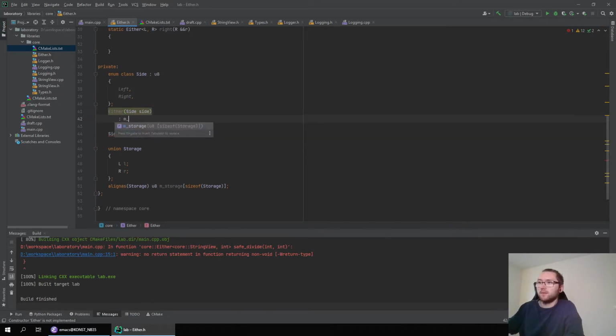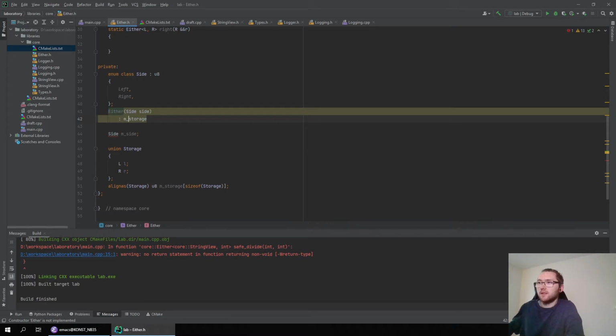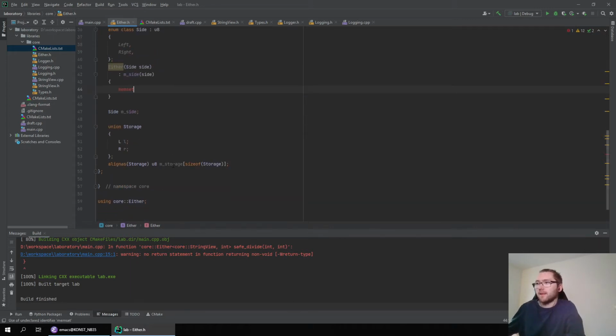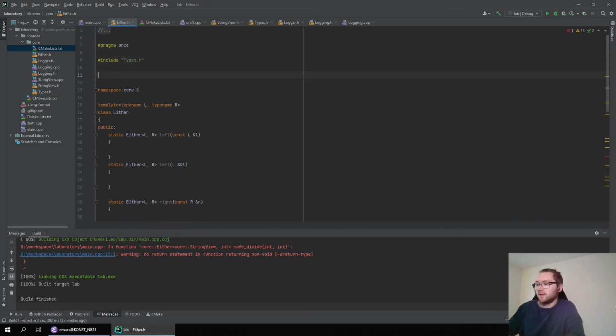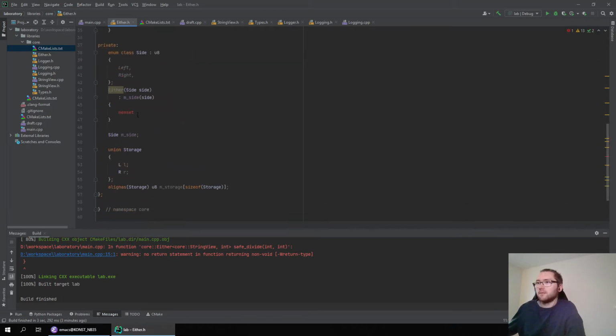I'm not really sure. So I just take in the side for now and the storage. I'm not sure where memset comes from.